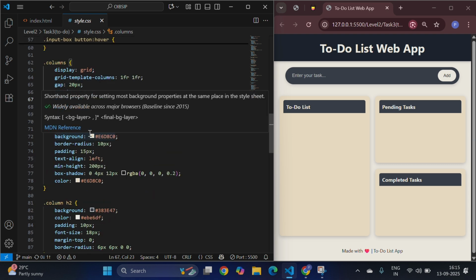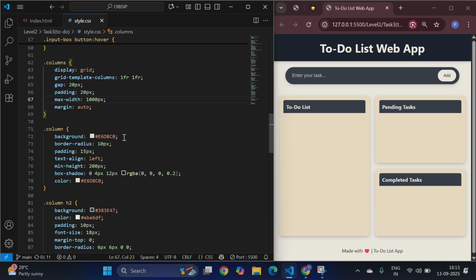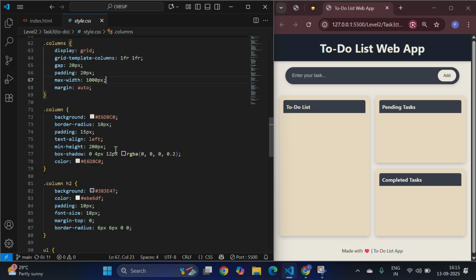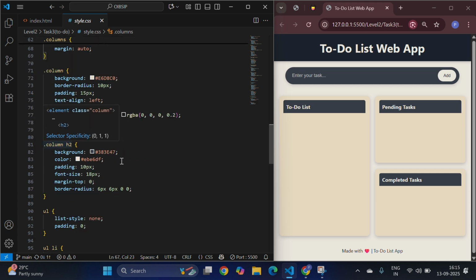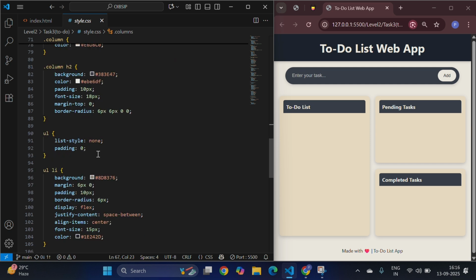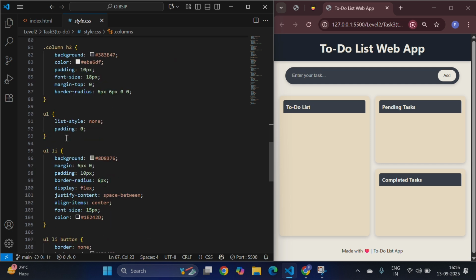And then each column is styled with a light background and padding, 10 pixel of border radius, and text align is left, and minimum height of 200 pixels, and a box shadow for a card-like feel. And this is the heading of the columns. Each column has a dark background and white text, and after that this is the styling for our list, which